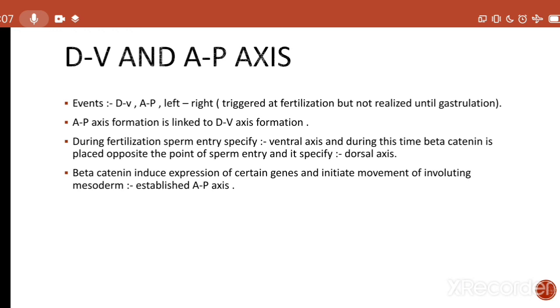In the next part of my video, I am going to discuss the organizers that result in the formation of axes in amphibians, and I will discuss the molecular mechanism of the formation of these axes in